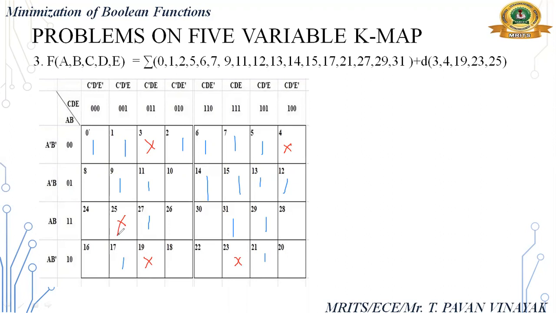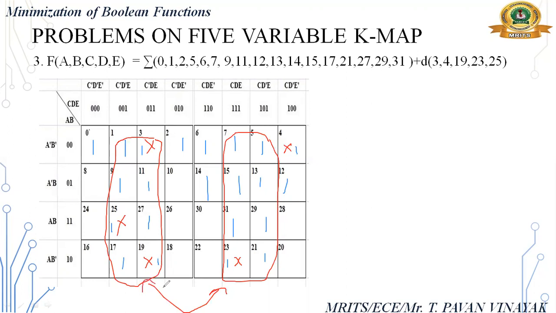If I don't take don't cares, if I put don't cares as 0, what happened? Previous problem, the answer is the same. Whatever answer you got in the previous problem, that is the answer. If I take don't cares as 1, okay, now I am taking don't cares as 1. So this is 1, this is 1, this is 1, this is 1. This one also 1. What you observed? Here we get 1 octet, right? See, here we get 1 octet, red color. Here also 1 octet. And what you observe? Both are reflections, right? So we get 16 ones.